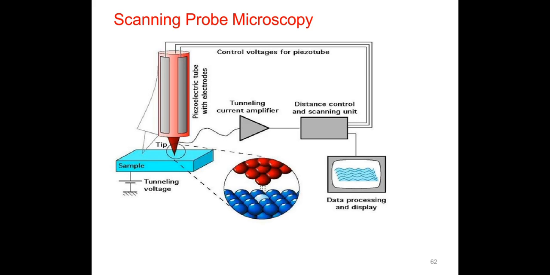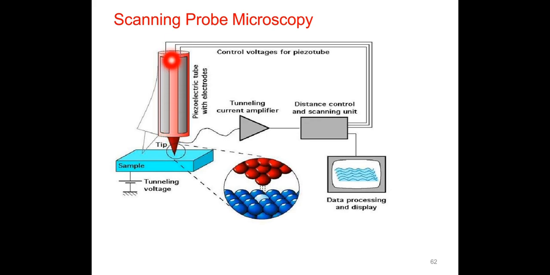Now you just see, this is the diagram. This is the tip of the probe. Then this is the specimen. And basically this is one of the powerful microscopes with a resolution less than a nanometer. It is a very powerful microscope. See, this is the probe. It is mounted as shown in the diagram.